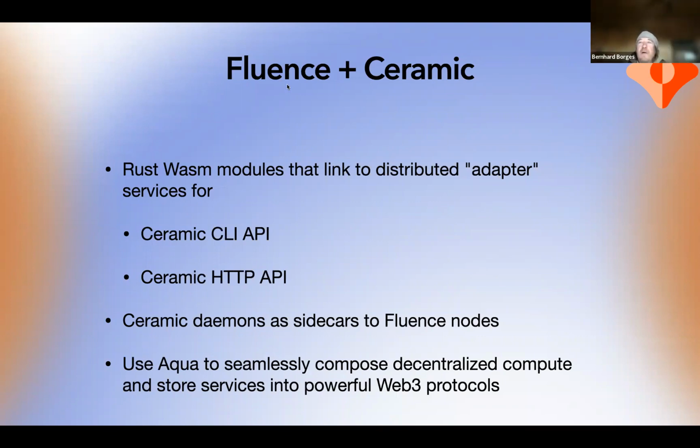So if you have huge security concerns, just like with anything else, don't send your keys, right? Don't send your decryption keys. That's why a signing service, for example, a non-interactive signing service, is best suited as running in your own node. And that's where Fluence.js comes in. And that's about it on that.